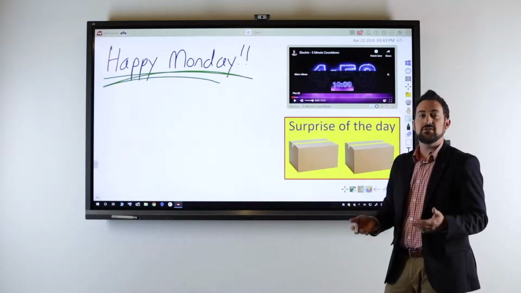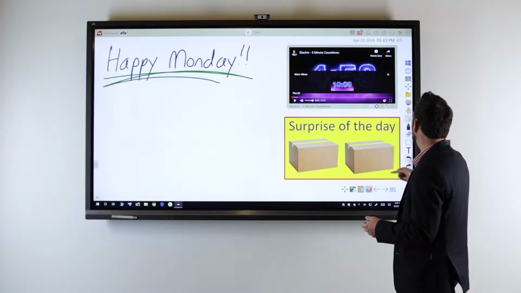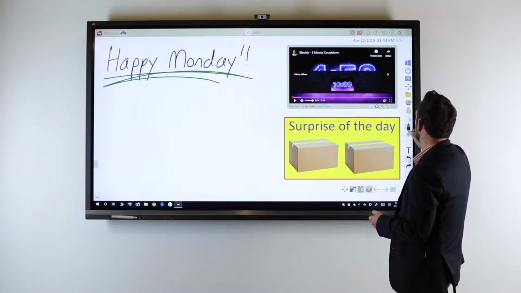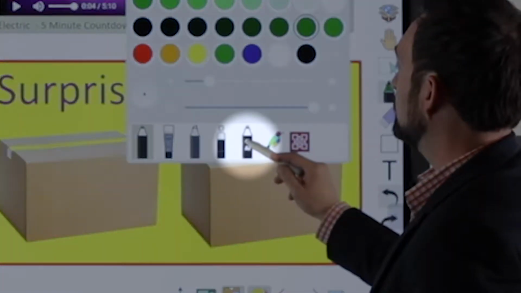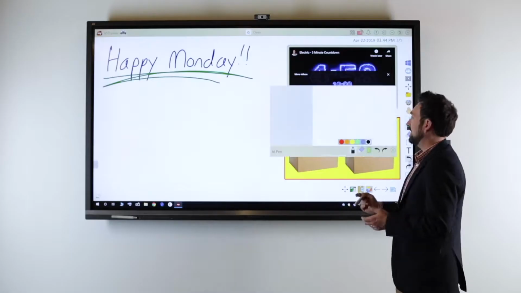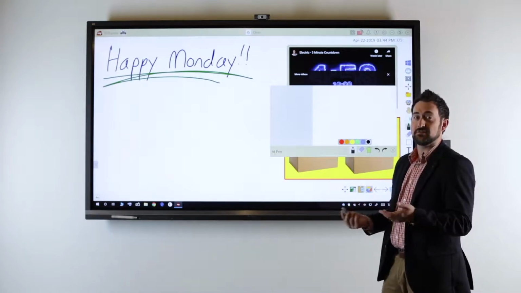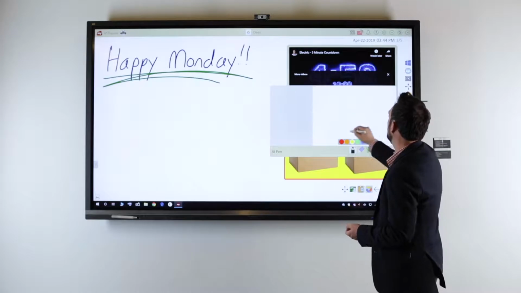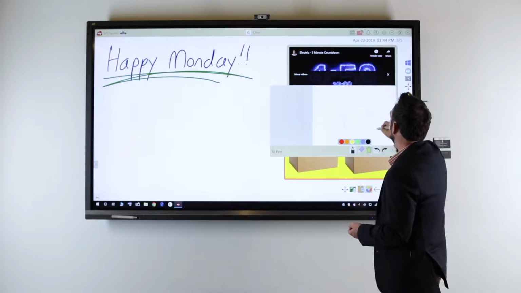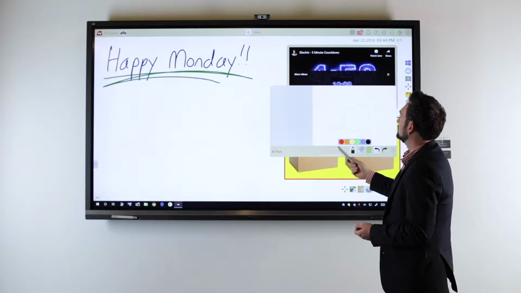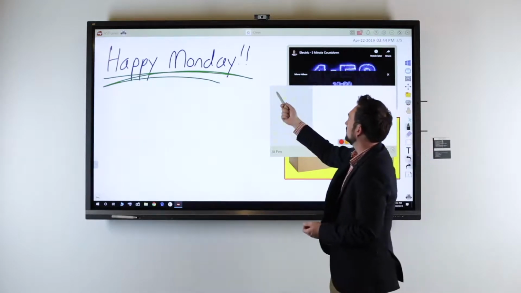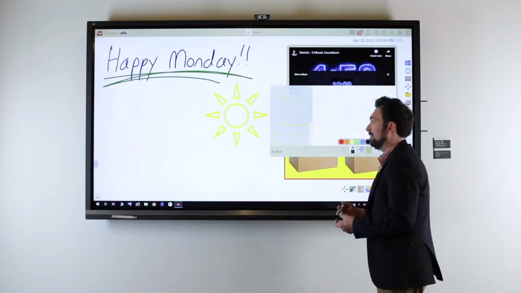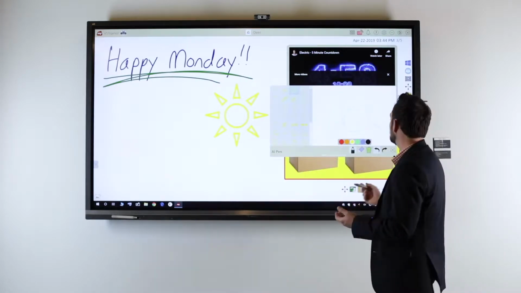The last thing, if you do any kind of weather or calendar or anything like that, you could do your little forecast or weather of the day. So I'm gonna go to my pen tool, and I'm gonna actually use my AI pen. And the AI pen's great because I can just draw any shapes, even if you're a bad artist, and it'll guess what you're trying to draw. So I'm gonna go to yellow, I'm gonna do a circle with some sun rays coming off, and you can see that it's guessing what I'm drawing, and sure enough, here's a sun, so I can drag that onto my canvas. But it's not just a sunny day, there are some clouds, so